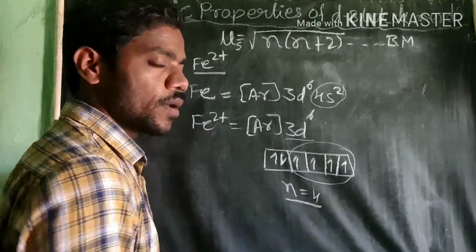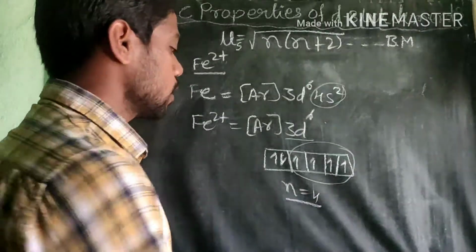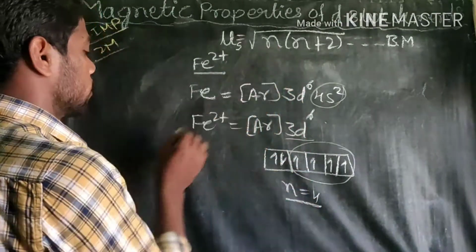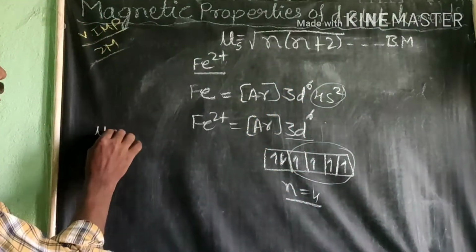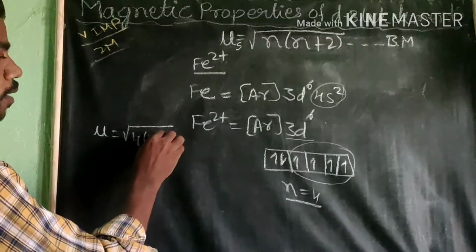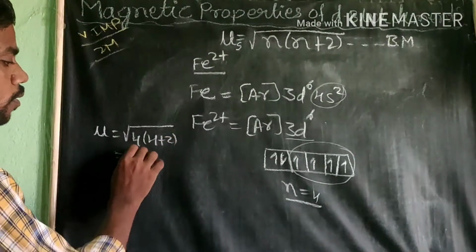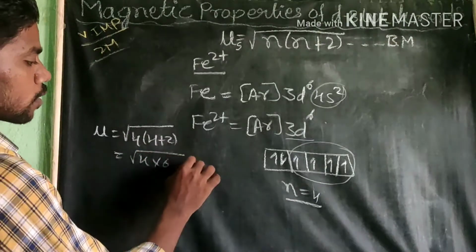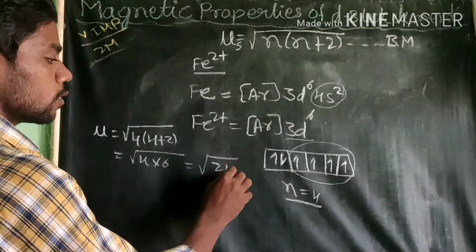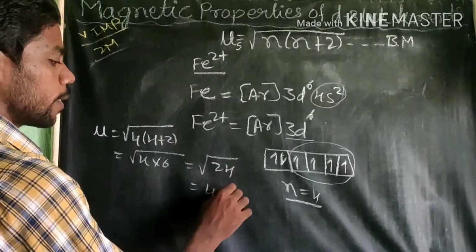This is what, number of unpaired electrons? Next, unpaired electrons is 4. Next, we have to substitute this 4 in this formula. Therefore, mu equals square root of 4 into (4 plus 2), therefore square root of 4 into 6, which means square root of 24. Therefore, this answer is around 4.9